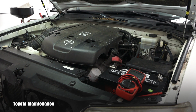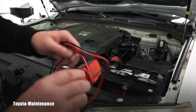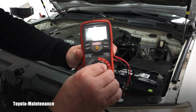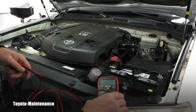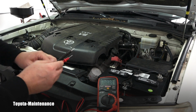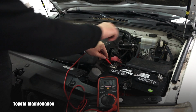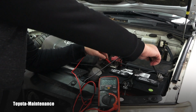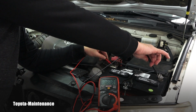What will I do here? I will use my voltmeter, right? I will set it in the volts. Right here, you can see the setting hopefully, and I will measure how much is running through the battery, and it should be like 13.5 and higher, right? So let's see. And it's 12.29, 12.28,